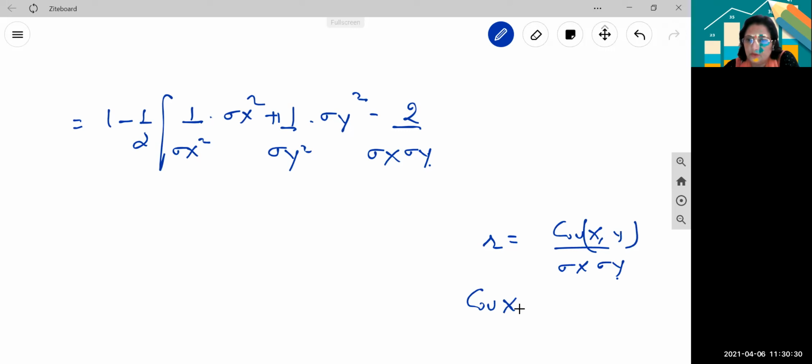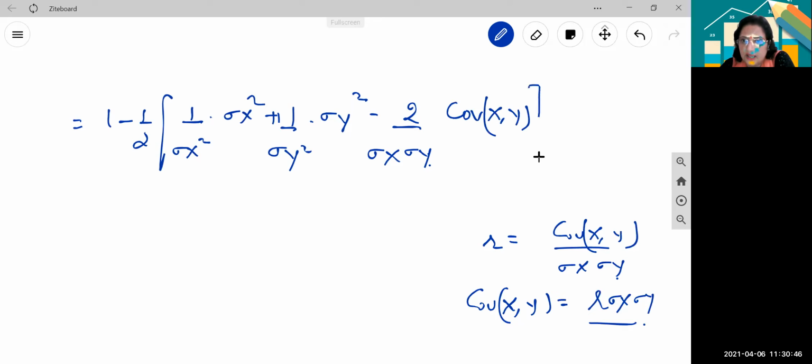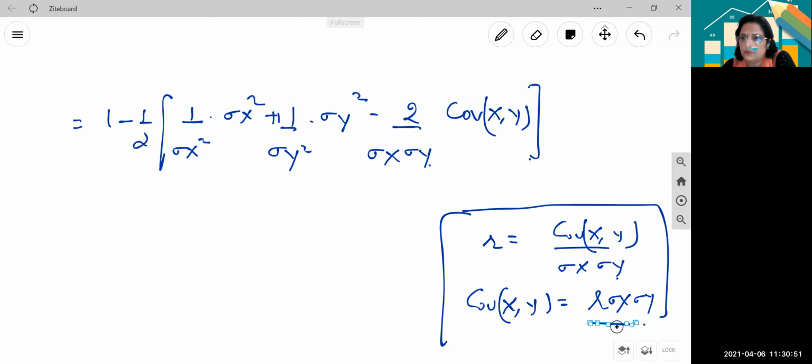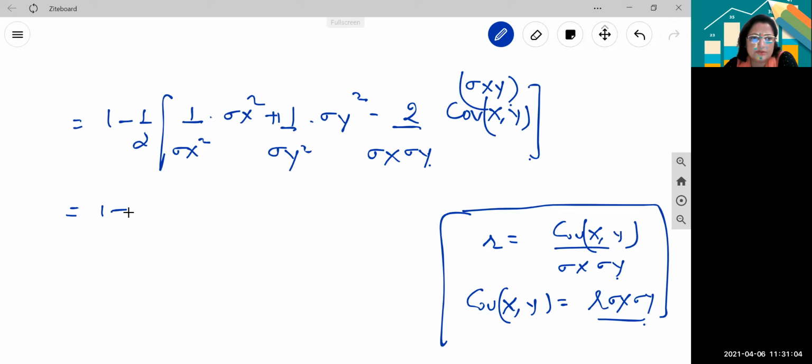That means, what is the value of covariance between x and y? This is r sigma x sigma y. So the term that was lying at the last, expectation of x minus, that is the covariance term. That was the covariance between x and y. So ultimately, in the next step you will put the value of that covariance as r sigma x sigma y. And you already know that we also call covariance sigma xy. Okay? So this is equal to 1 minus 1 by 2, that will be cancelled out, 1